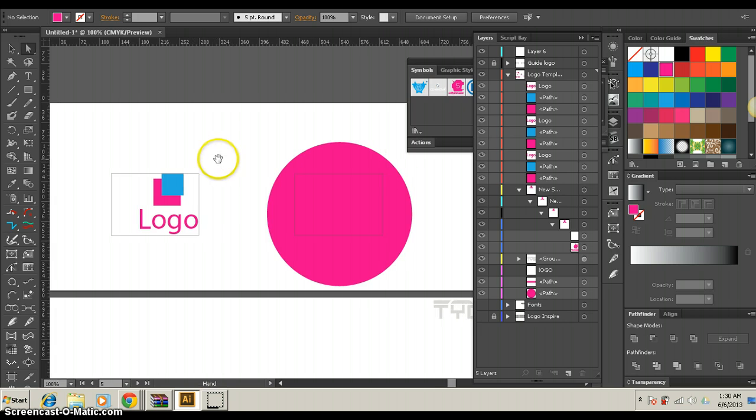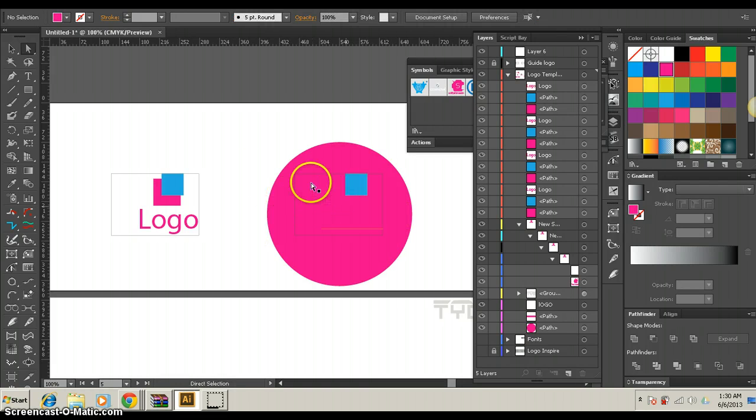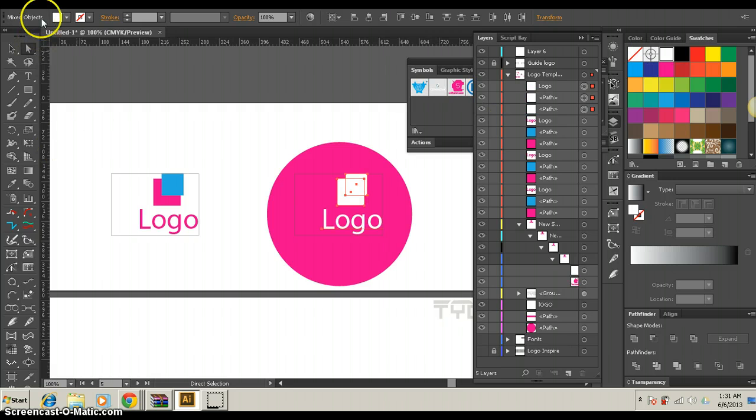And then after that, I will take this logo and copy paste it over here. And then this is the white version. So after I have copied it, I will select a white color. I will change the fill to white, and